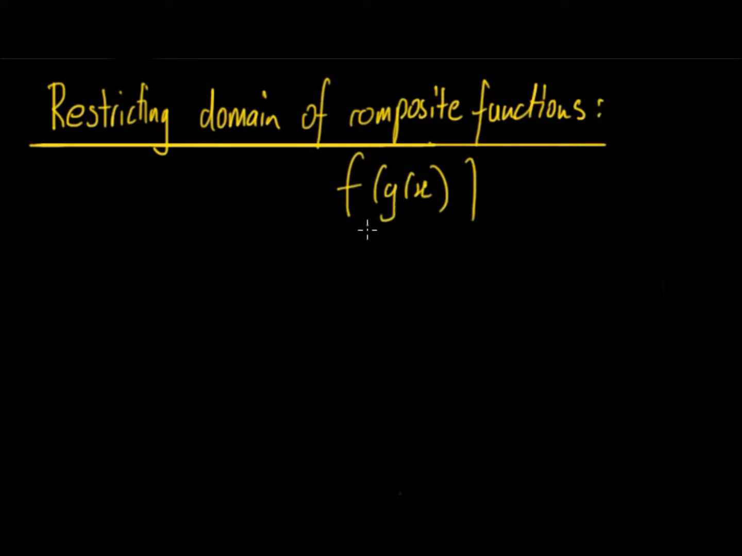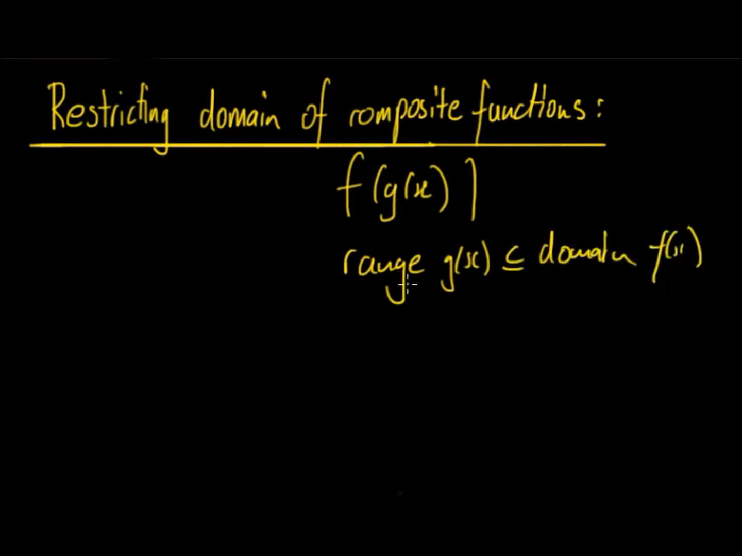But for this one, we had to look at if the range of g(x) was a subset of the domain of f(x). We said that if that wasn't the case, then the composite function didn't exist. But now we're going to look at how we can restrict the domain of the new function so that the composite function does exist. So the reason for this, the range of g(x) has to be a subset of the